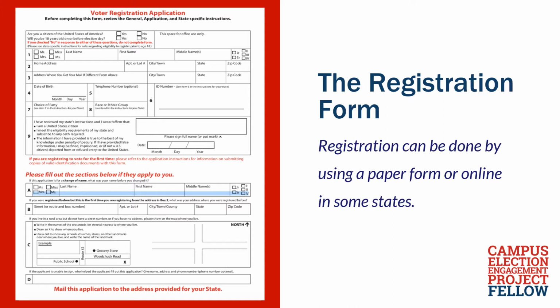While each state has their own specific registration form, the federal government also has a form that can be used. U.S. citizens can register or update their voter information, but it is important to follow the state-specific instructions listed for the state they're registering in. For all registration purposes, it is critical that you double and triple check the location the form should be mailed to. Local forms can be dropped off to your Board of Elections.